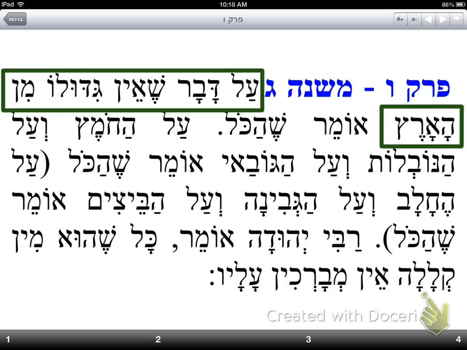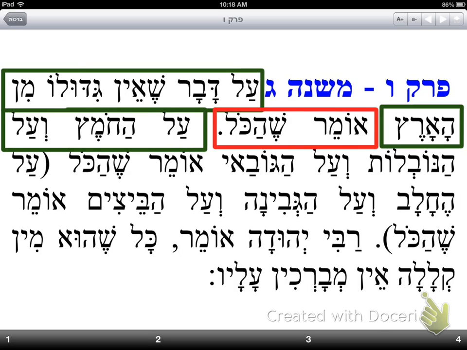So the first case is that, let's say, as we said before, al davar, on something, she'ein gidulo mina aretz, that its growing is not from the ground, meaning it's not a fruit, it's not grown. So omer shehakol niyeh bidvaro. So you make the bracha, the default bracha, as we saw before, of shehakol. So that includes meat and milk and all those types of things. Next case, ala chometz v'ala novlos v'ala govai. On these types of foods, so these are going to be specific foods.